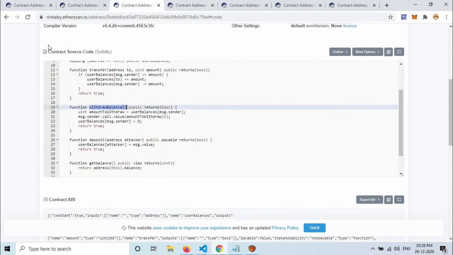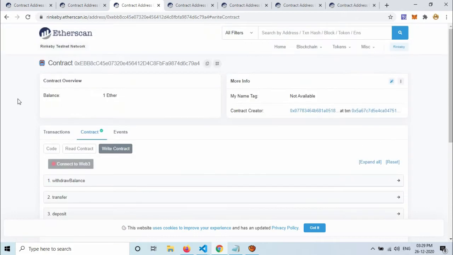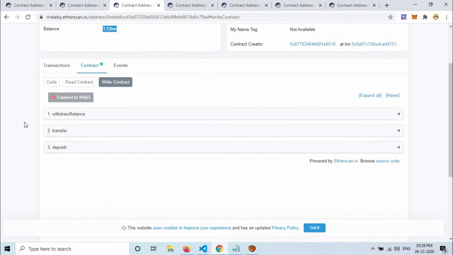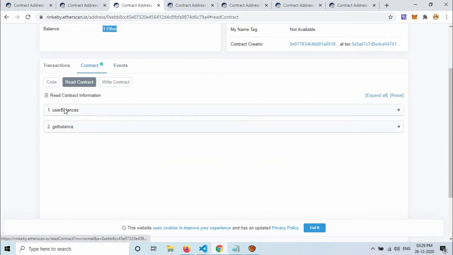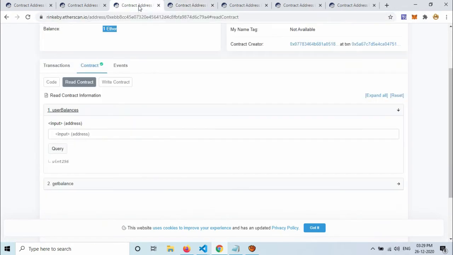So let us move to the right section. Here the balance of this contract is 1 ether, and how much balance is the attacker eligible to withdraw? Let us check that.